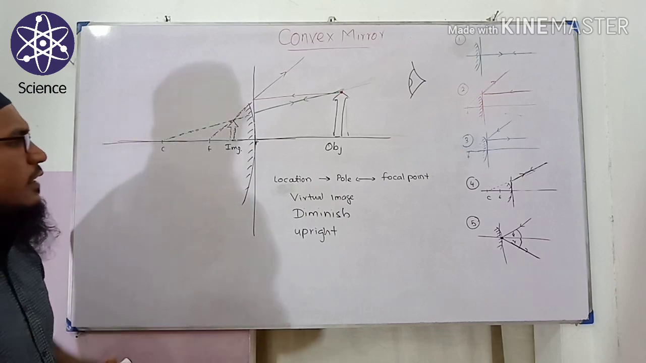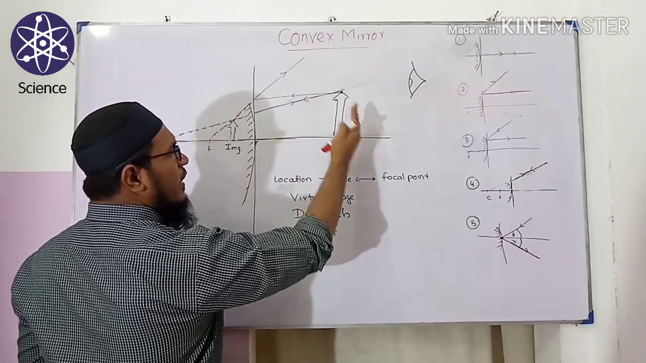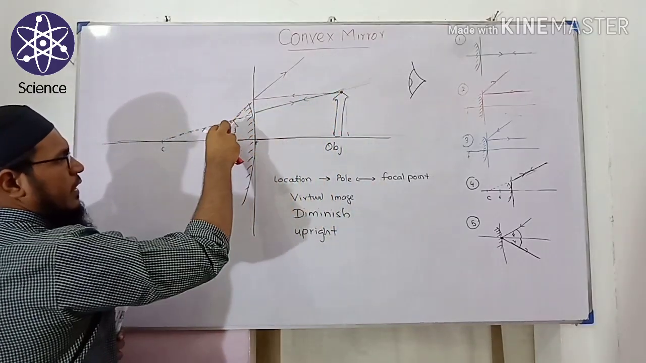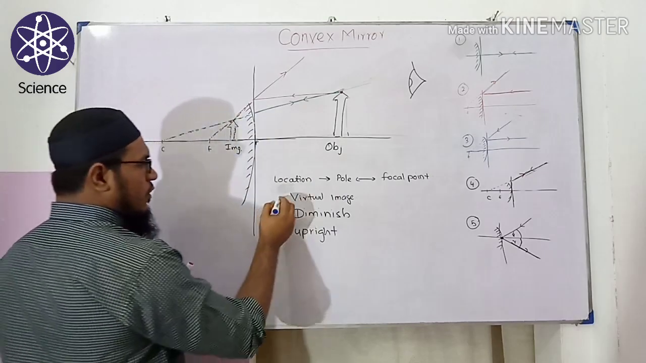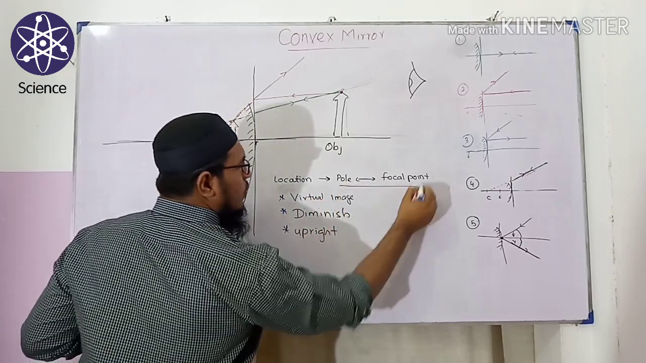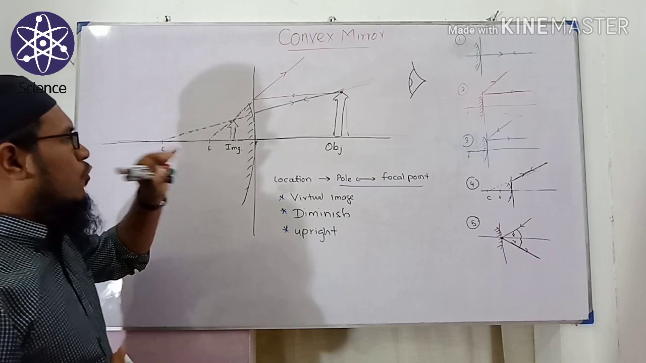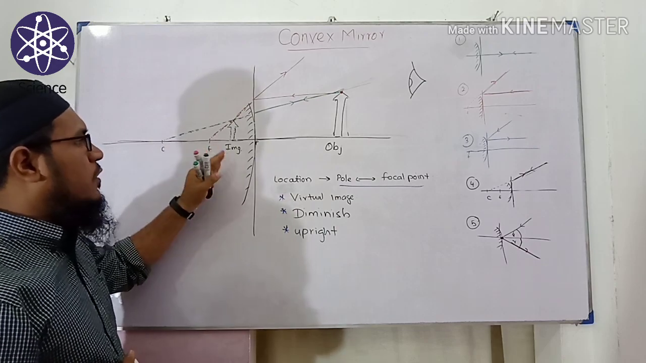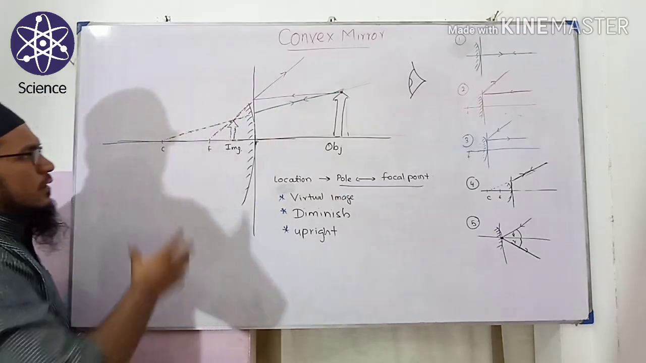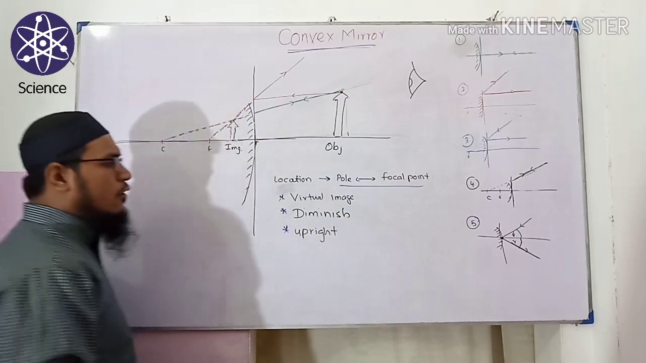So we can see that whatever place or whatever height we keep the object, we get a similar image. So these 4 points can apply to any image formed by a convex mirror. Therefore, these convex mirrors are normally used in